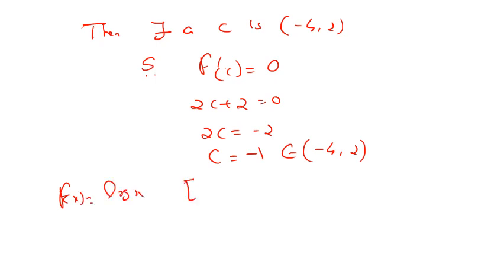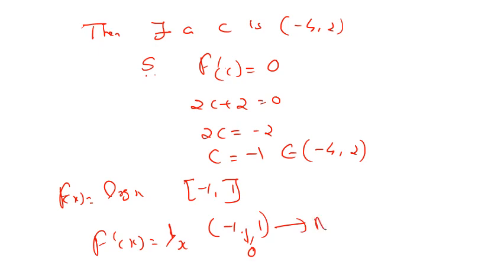I want to tell about differentiability. Take the interval minus 1 to 1. What is f dash x? F dash x is 1 by x. Does it exist in the open interval minus 1 to 1? No, because in between minus 1 and 1 there is the number 0. If you put 0, 1 by 0, is it possible to define 1 by 0? No. So in this case, this is not differentiable. This is the meaning of differentiable.